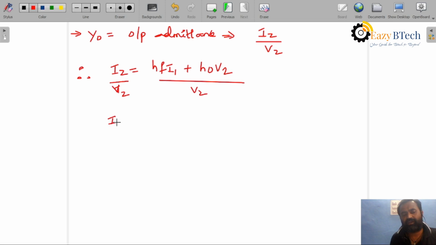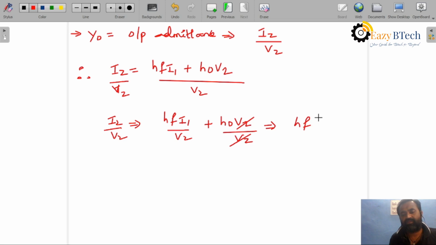Then we will get I2 by V2 is equal to HF I1 by V2 plus H0 V2 by V2. V2 gets cancelled. You will get HF I1 by V2 plus H0. To get this ratio I1 by V2,